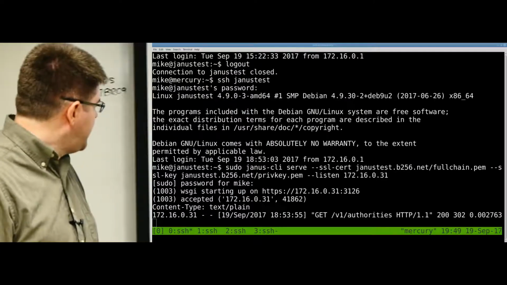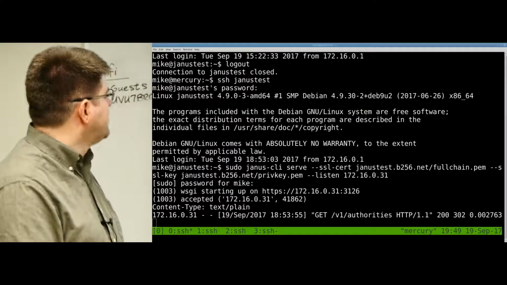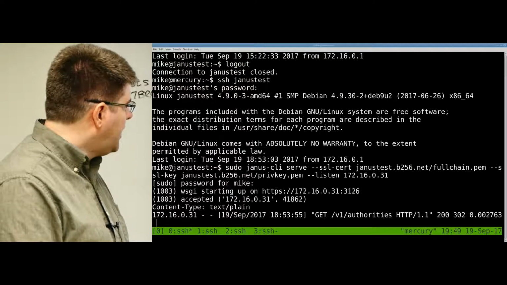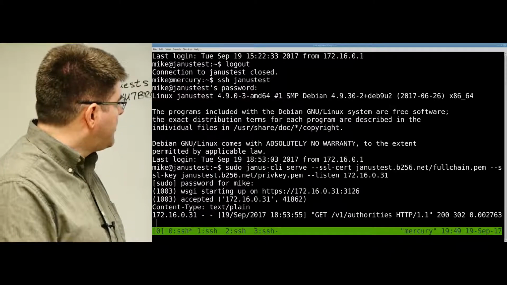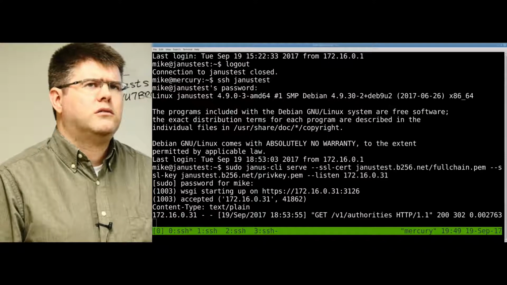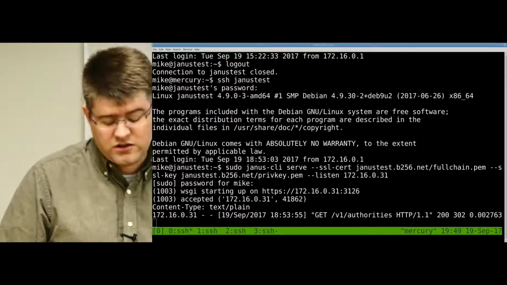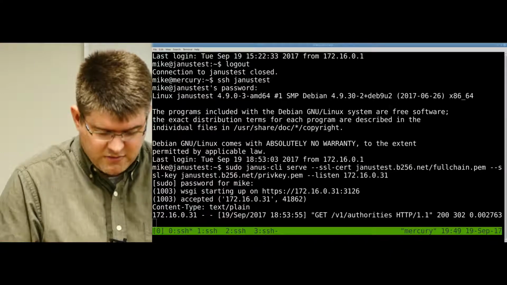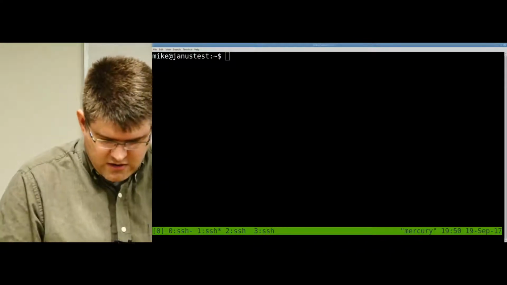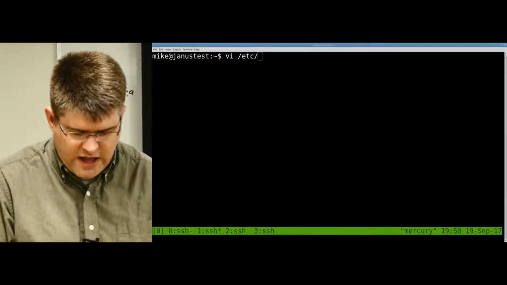So down here I have a current copy of the server running. It does have SSL support. I think it actually does require running on an SSL connection. I think I made that change. Can't entirely remember. But let's come over here now to a clean terminal and let's take a look at